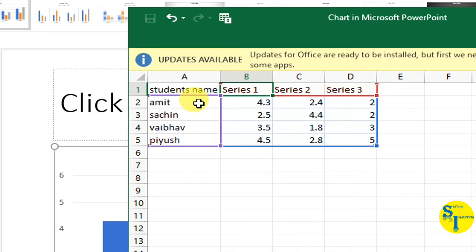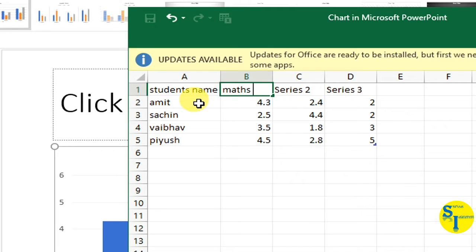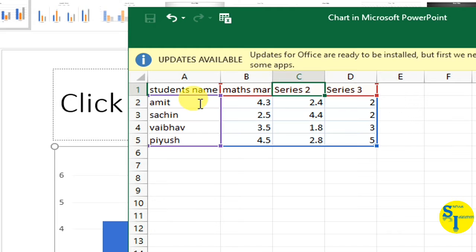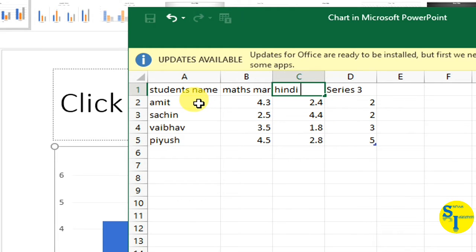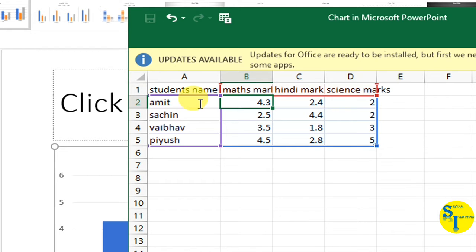In the data series, we give the name of the data series like Maths marks, English marks, Science marks.